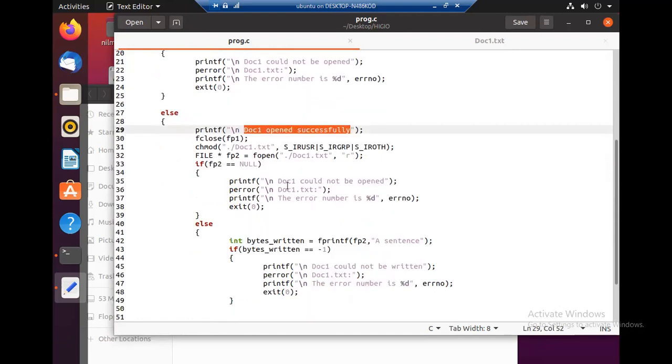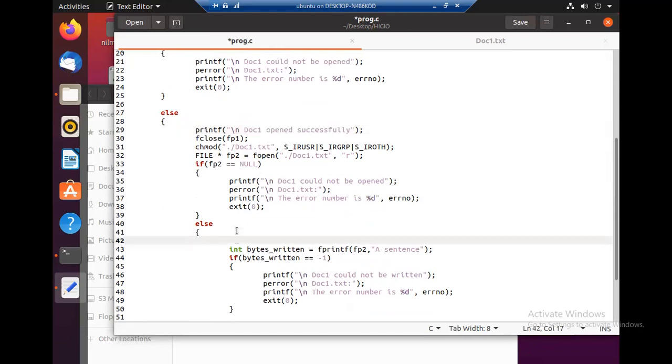Then in here we also have to say that when you open it for the second time, the document 1 was opened successfully. So we first open, then close it and change the privileges. So here again we have to say that it was opened successfully.